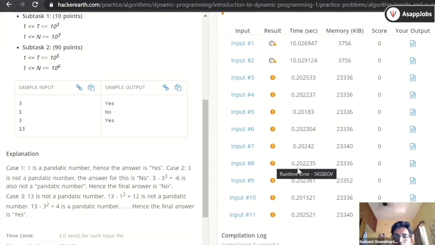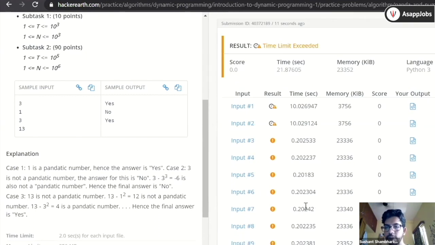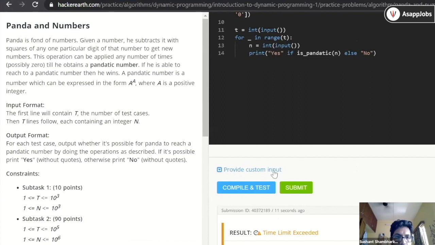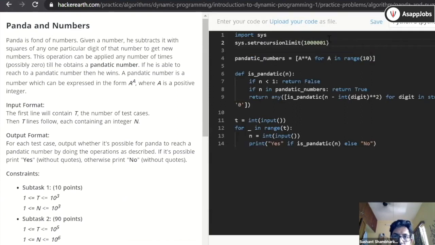What do segmentation errors usually involve? Out of bound, yeah, it could be, but out of bound you will get an out of bound error. Basically it won't be a segmentation error. Segmentation errors are usually related to memory. That means our program is using a lot of memory. I can tell because the recursion is going till maybe 10 raised to the power 6 and it is going to exhaust all the memory.